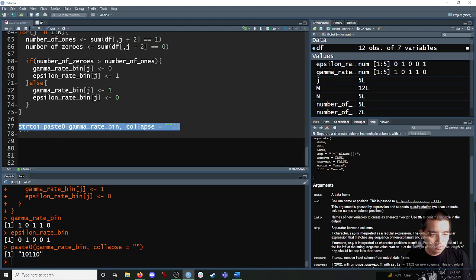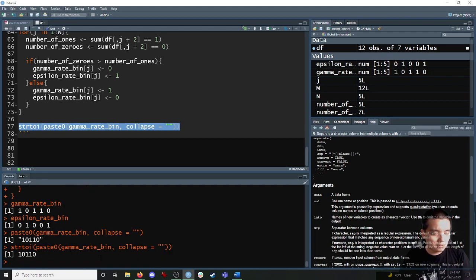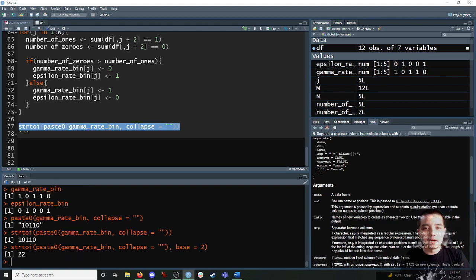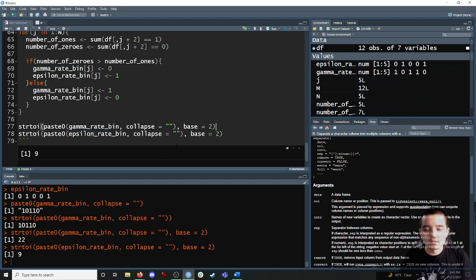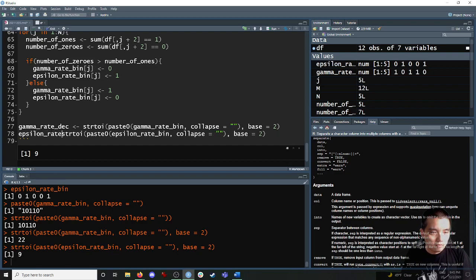So now if I apply this string to integer function, I think we have to say it's a binary number, base 2, and then we got that value. And we're going to do the same thing with the epsilon rate. We got the 22 in line, just like the coding instructions. And if I just call these gamma rate decimal and epsilon rate decimal,